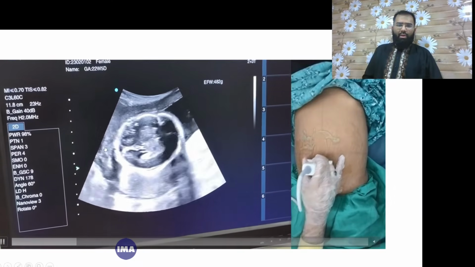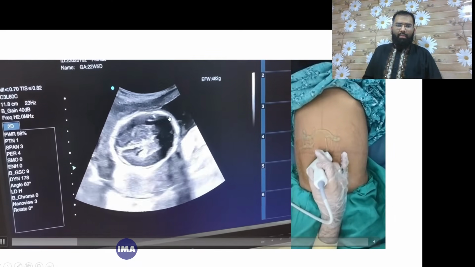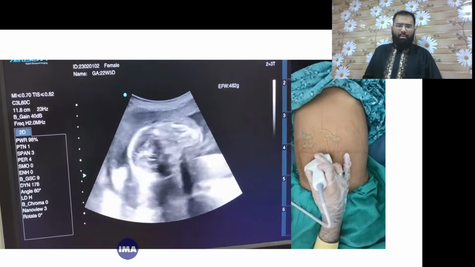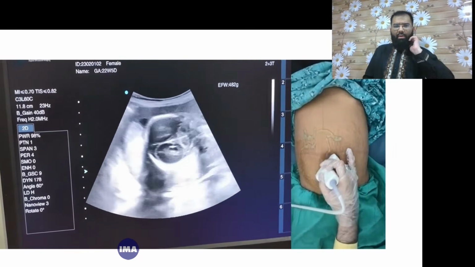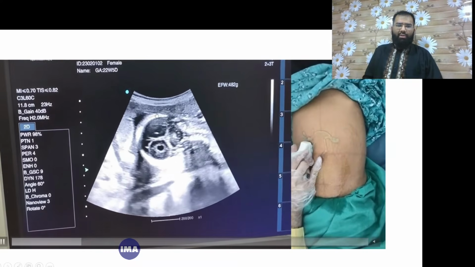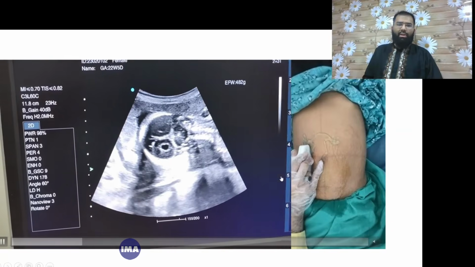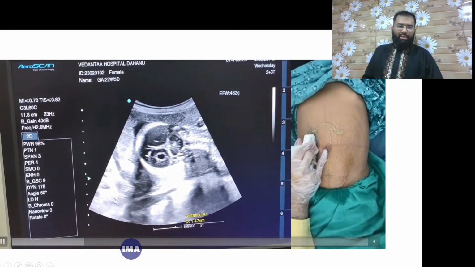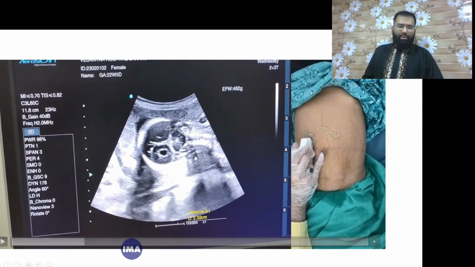Now we are seeing along the fetus. You can see that there is amniotic fluid which is adequate. This is the coronal section of the fetus. See how perpendicular the probe is moved, and now you can clearly see this structure. This is the cerebellum. This is the coronal section of the fetal head,